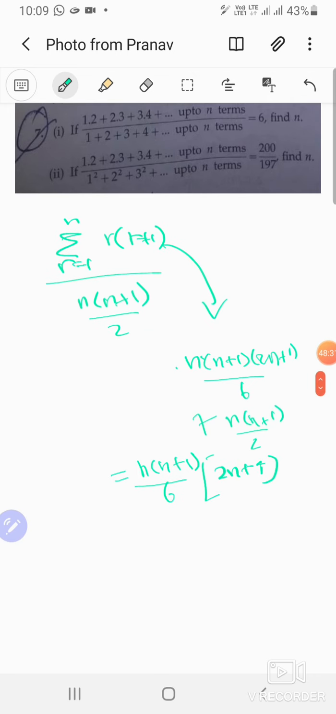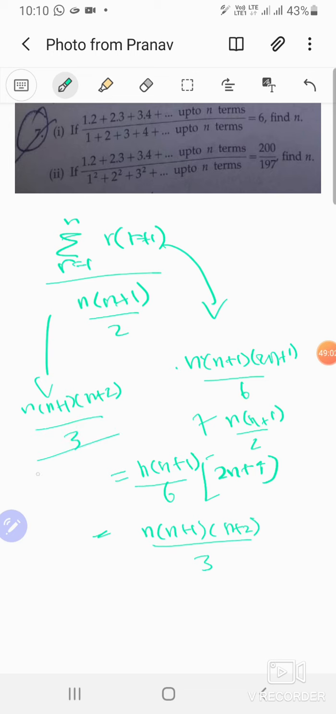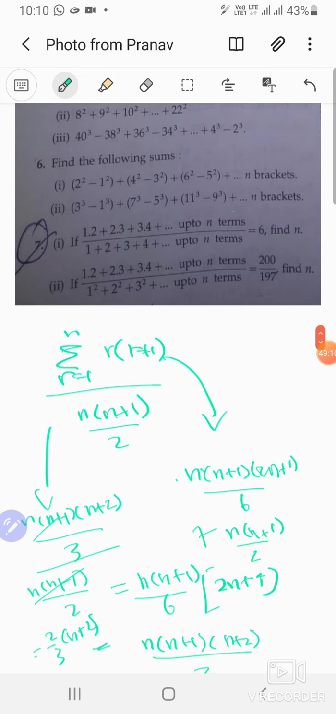Wait a second. Yes, correct. So 2n plus 4. It's like n into n plus 1 into 2n, also I got n plus 2 upon 3. Okay, fine. So what's this thing? This thing turns out to be n into n plus 1 into n plus 2 upon 3. Yes, looks correct. I mean, yeah, nothing could go wrong. Upon 3, and then this divided by n into n plus 1 upon 2. This cancels, just got 2/3 of n plus 2 everywhere. So yeah,